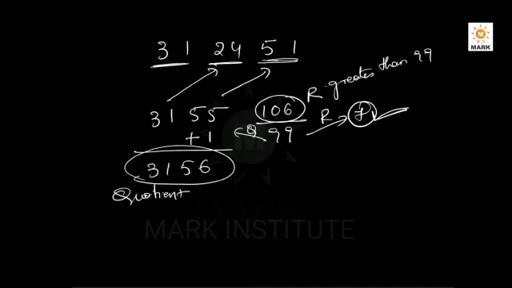So the same way, with 2-digit logic we have to execute the same method for division by 99. I think you understood. The same thing can be copy-pasted for 999 also, I am sorry, 999. Even for a 3-digit number we are going to apply the same logic. Suppose 312451, I am going to divide by 999.